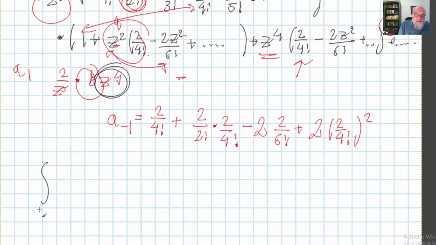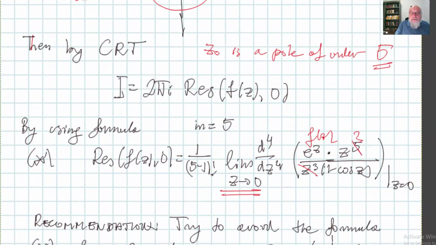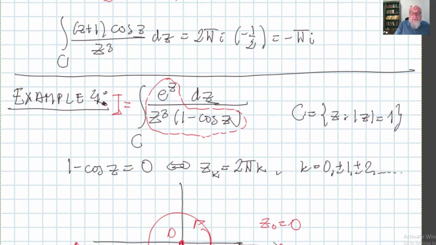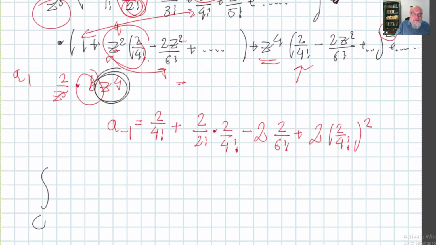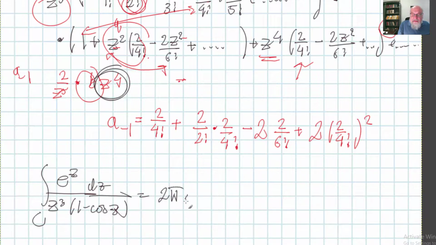Our integral over c, and this was, where's my integral? Oh yeah. So this is integral z cubed over 1 minus cosine z dz is equal to 2 pi I, and then